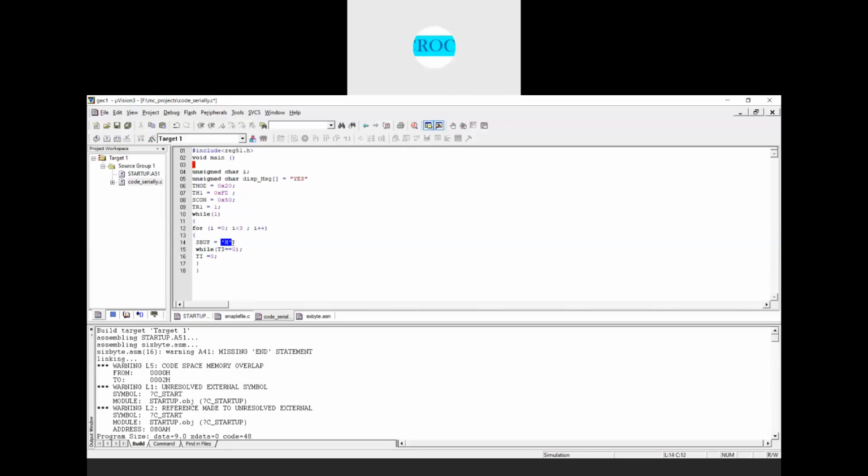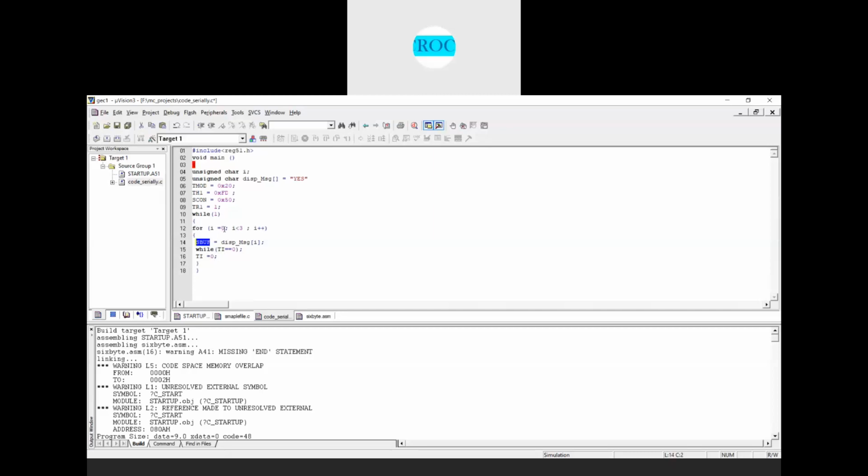Now in the previous example we had only one character directly loaded. Now the array we have is display_msg. Since I is 0, display_message[0] will be Y, which I put into the serial buffer register. Next I check TI, and keep checking whether the Y has been transmitted or not. If it is transmitted, I clear the TI flag.